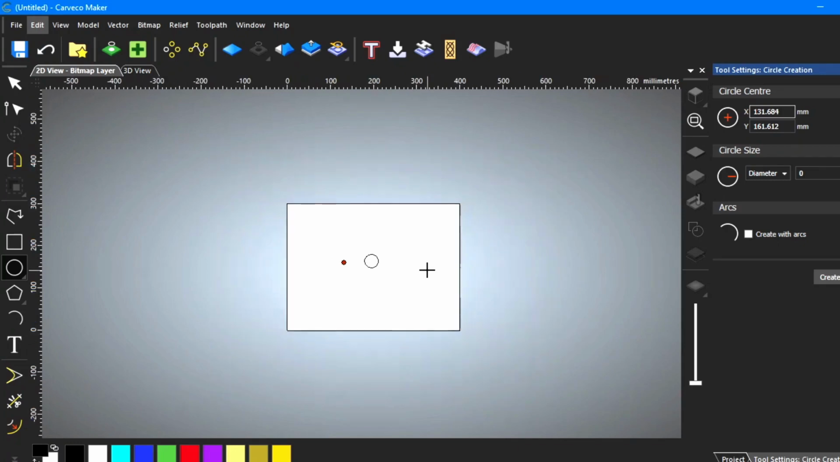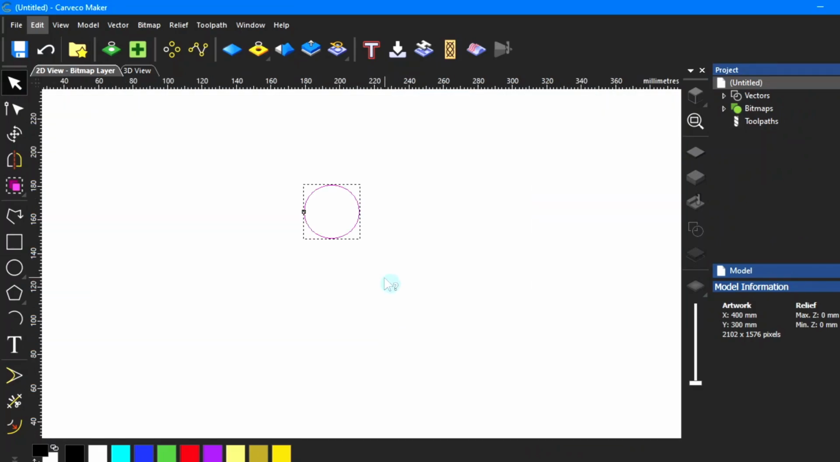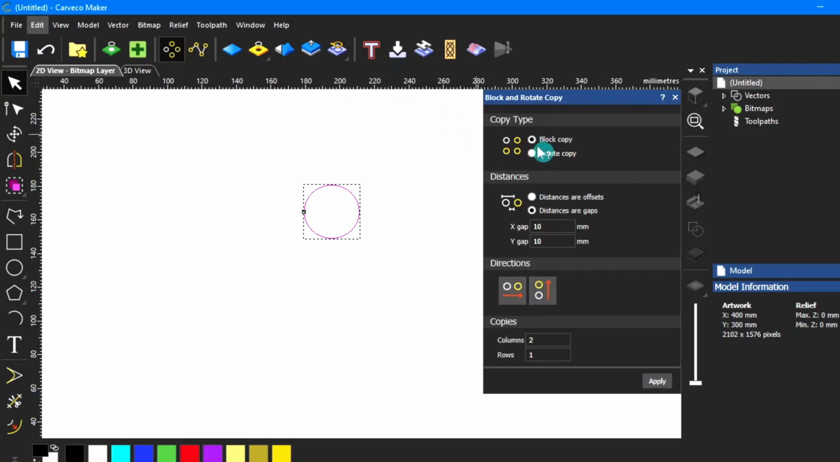So we have this circle, and we're going to highlight that circle. We're going to highlight it like that, zoom in, and we're going to come here. I'm going to say yes, block copy, and distance apart. Let me see. Offset 10mm offset, and we want 2 columns, 2 rows,